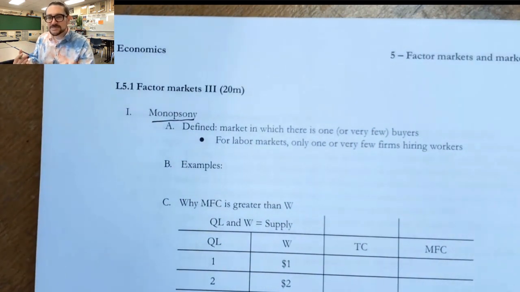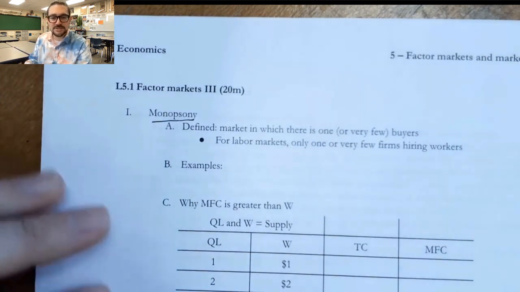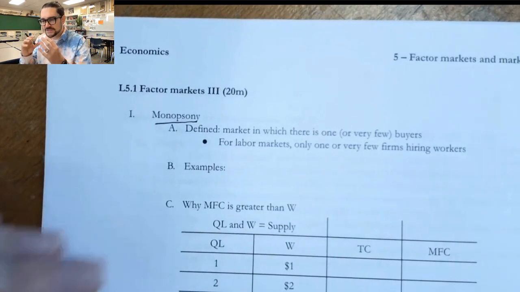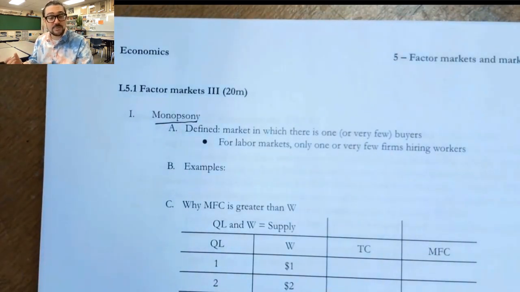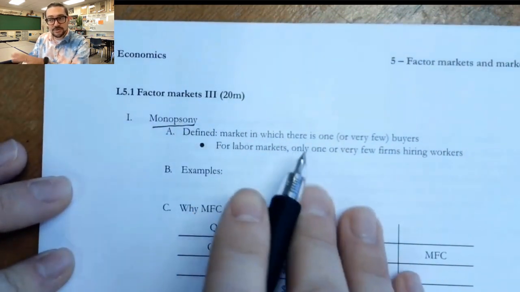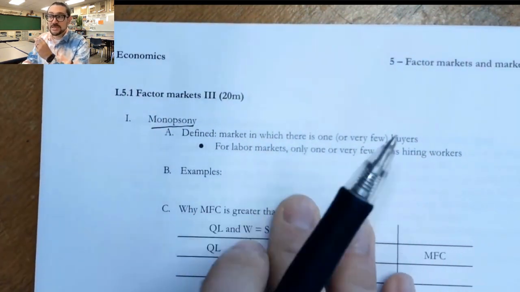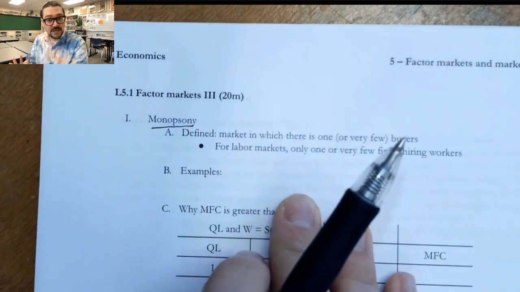Now, in practice, we don't see very many that are really purely one buyer of a product. It's pretty rare. But we do have markets where there's not very many, and we would call those monopsonistic markets, where there's not very many buyers of the product, and it still behaves pretty similarly to what we would see with monopolistic competition. We have the kind of distortion of the market, and we actually end up with a market failure.